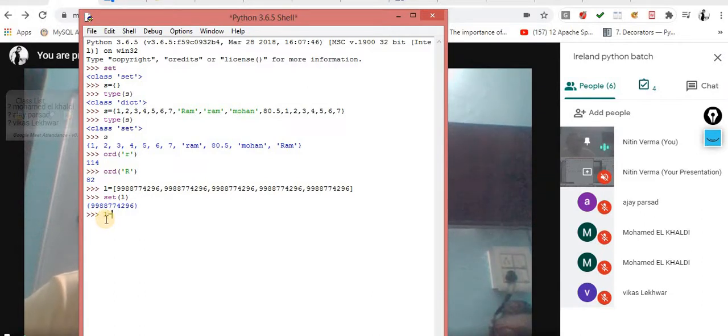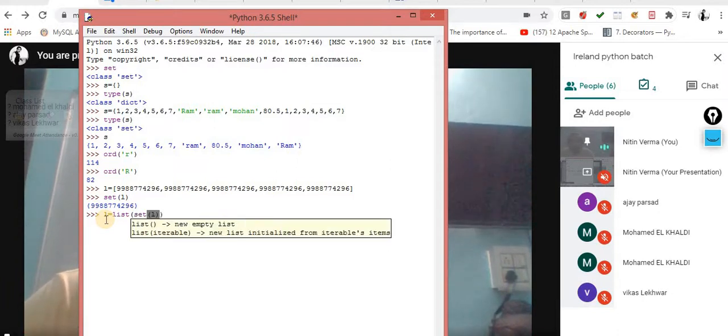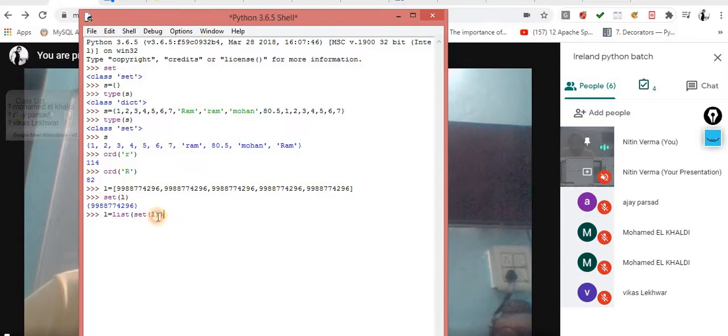Okay, so for the same, again you have to do list. First you have to do list, then you have to do set, and then you have to convert it. Firstly, this is a list which contains data with duplicate items. What I did, I converted this data into a set. Now when the data is converted into a set, duplicates are automatically removed, and after that it is converted into a list again. Now I assign this list to L.